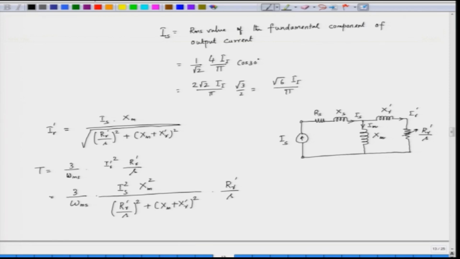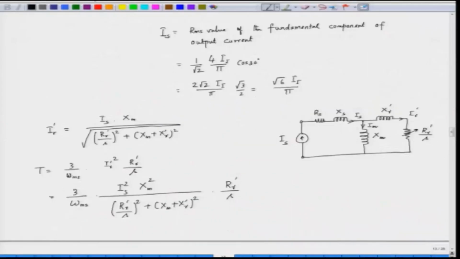Now, we can find out what is the slip for the maximum torque. Since this is the expression which gives the torque as a function of slip, we can find out what is the slip for maximum torque. So, slip for the maximum torque can be found out, and we can very easily say that S_maxT, since we are having in the denominator X_M plus X_R prime,